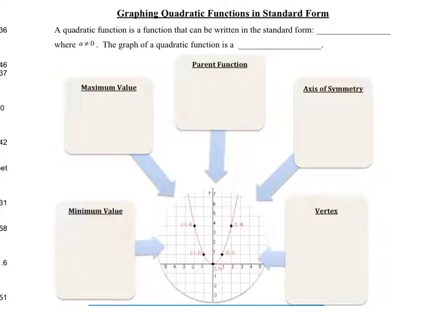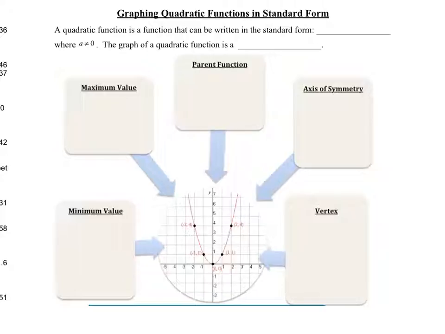Welcome to Chapter 1, Quadratic Functions. A reminder that to be quadratic, we have to have x to the second power. So our variable's highest exponent would have to be a 2. It has to at least have the x squared. If it only has x, then it is linear. So to be quadratic, you must have x to the second power, something like y equals 2x squared plus 3x